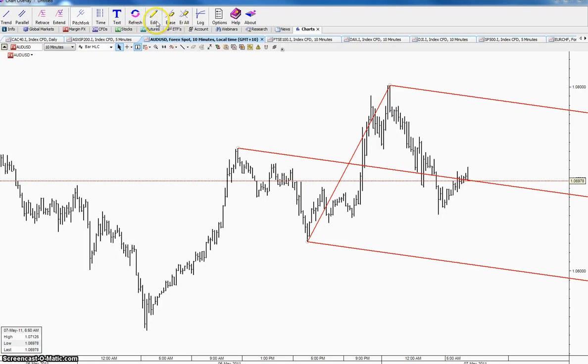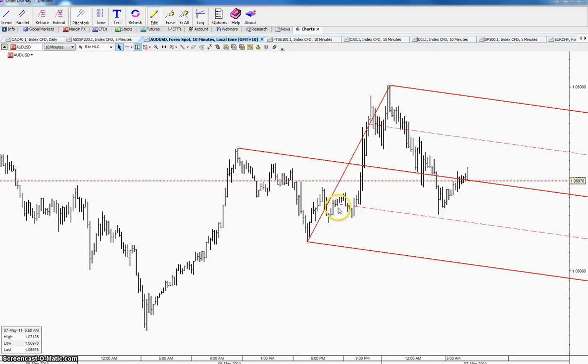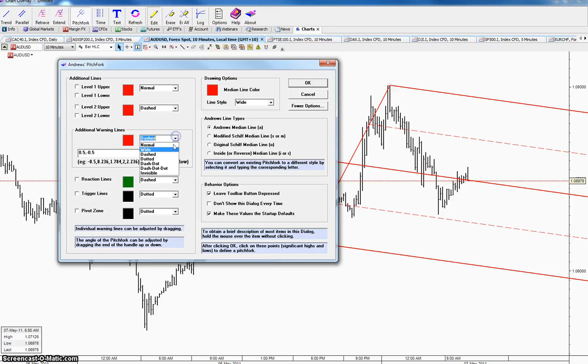We'll just go back to the editor, put in some dashed lines at the 50%. Yeah, what it's done is it's found the 50% level, and it's decided to reverse and go in the opposite direction. Generally speaking, that can be quite a severe reversal, but we'll just take it as an ordinary reversal, get rid of this one, edit that one, make those invisible,